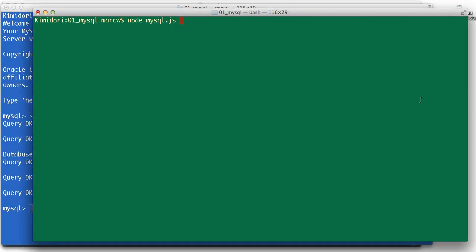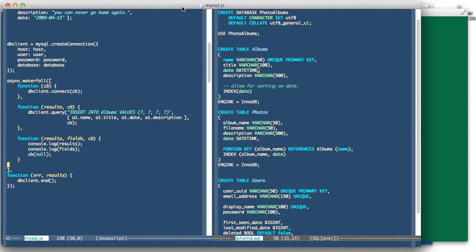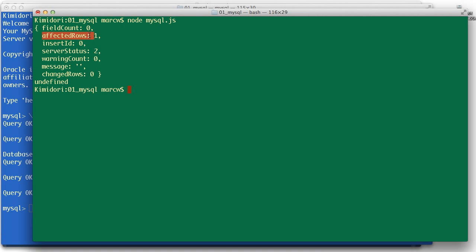And then I'm going to go back here and run the script. And great. So after I insert the row, you'll see that there's this data here called affected rows, and then there's some other information. There is no insert ID because I don't have an auto increment primary key field. If you remember from the schema here, I'm doing my own primary keys, which is just the name of the album. But I do see that affected rows is 1, and so I can actually add some extra